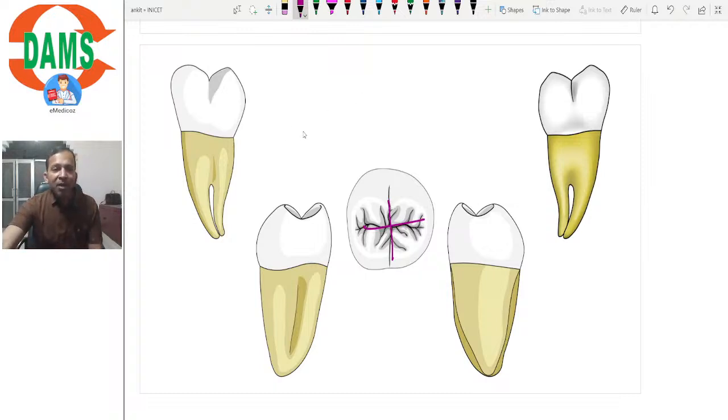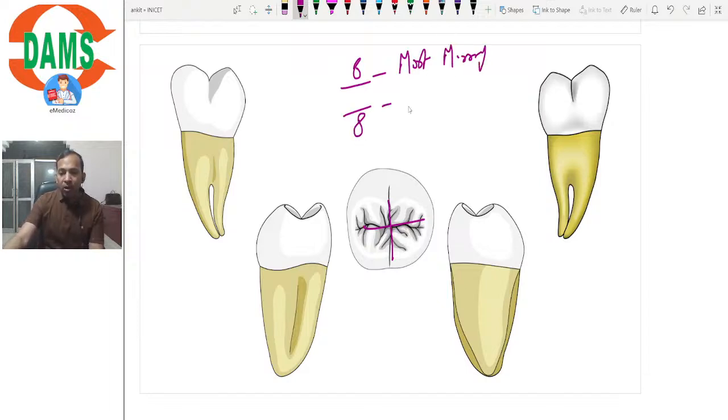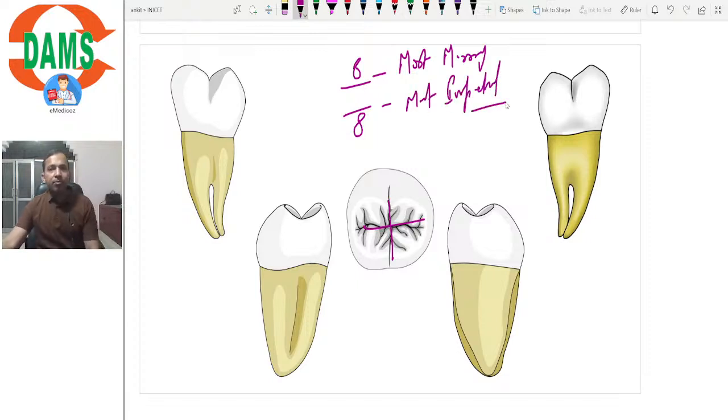बाकी main features, most commonly impacted tooth, right? Most commonly missing tooth is maxillary third molar, and mandibular third molar is most commonly impacted, right? Most variable morphology, again upper 8, followed by lower 8 followed by upper lateral. Clear? तो इस तरीके से आप कुछ एक फीचर्स हैं जो कि थर्ड मोलर्स के बारे में इंटरेस्टिंग फैक्ट्स, ठीक